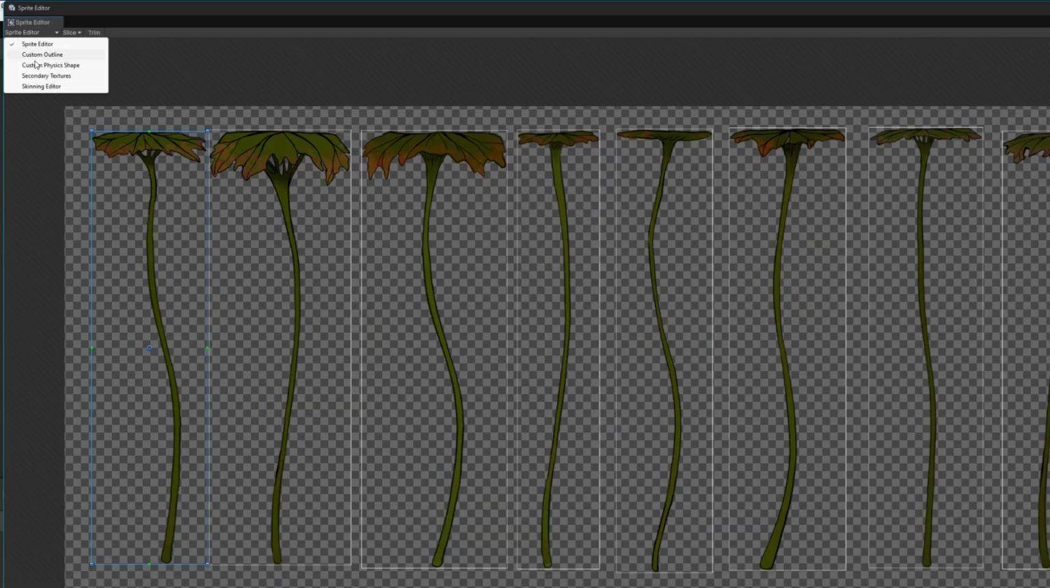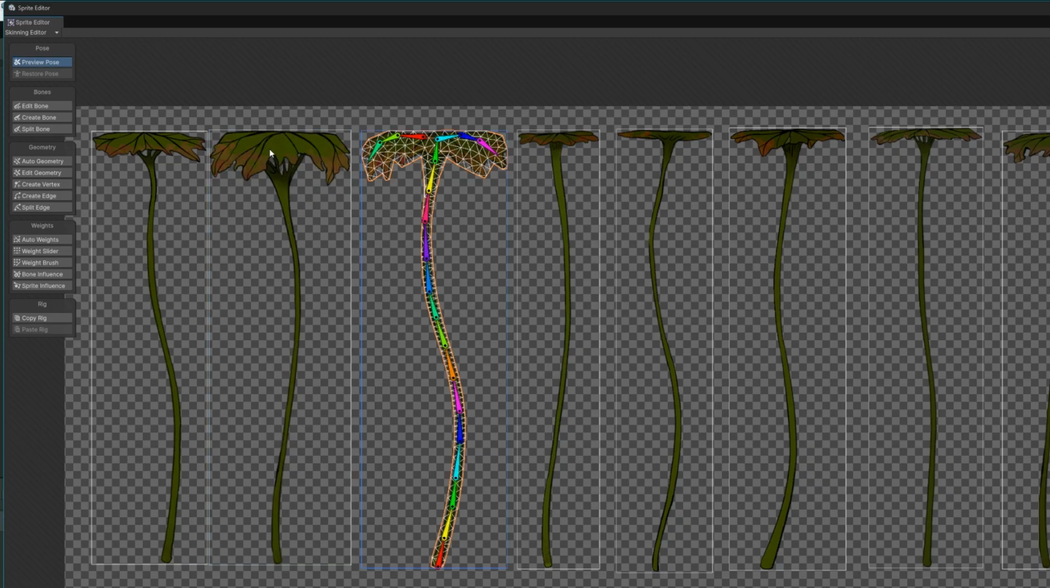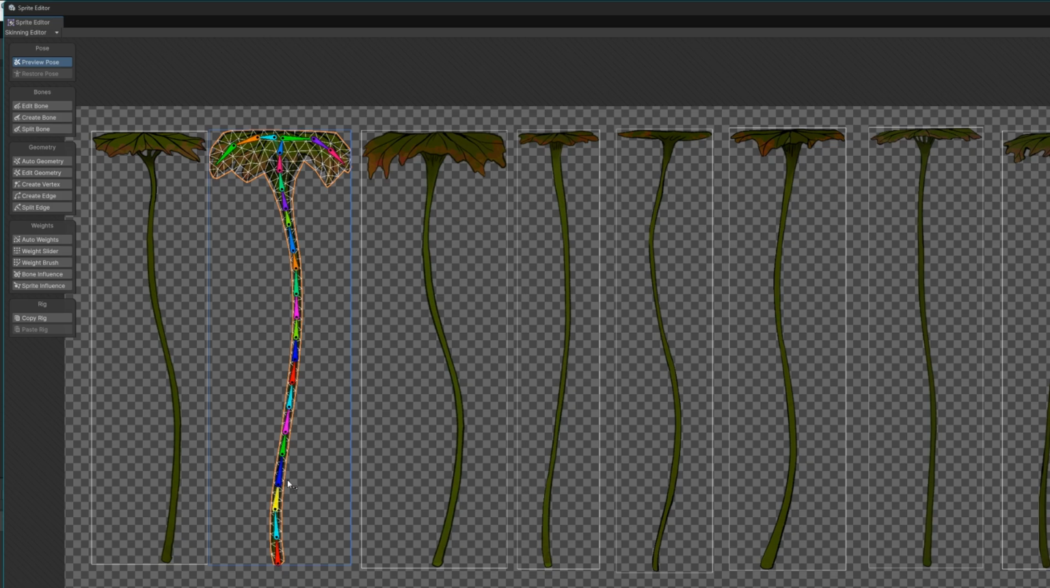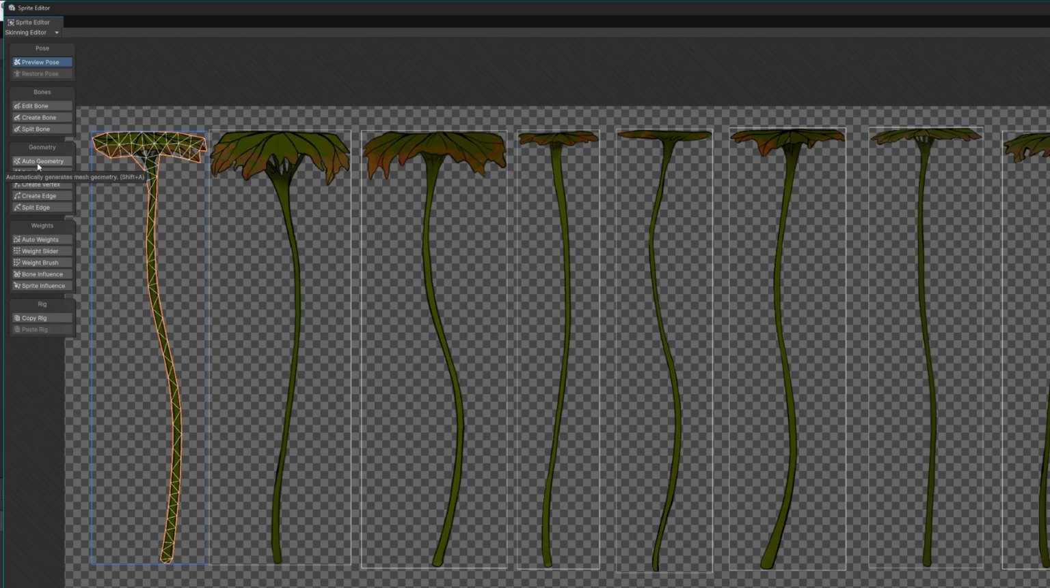Okay. So I'm going to go to this drop down menu here, click skinning editor. This is how you're going to be able to paint weights, create skeletons using bones and whatnot. So you can see that these two have bones. The geometry is much more. You can see these vertices here and edges. You can see this one has even more. And this one's a little bit more minimal, but I actually want to be able to